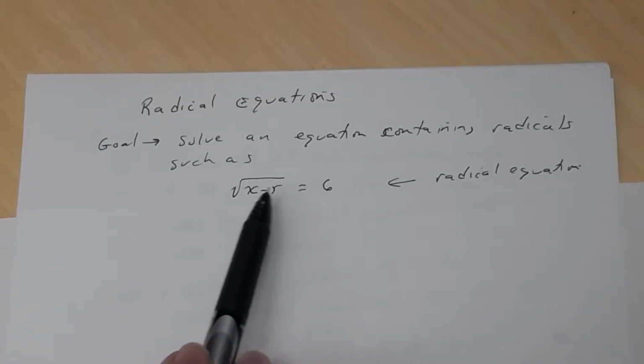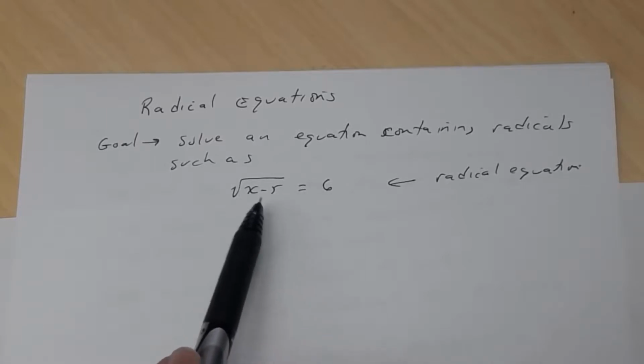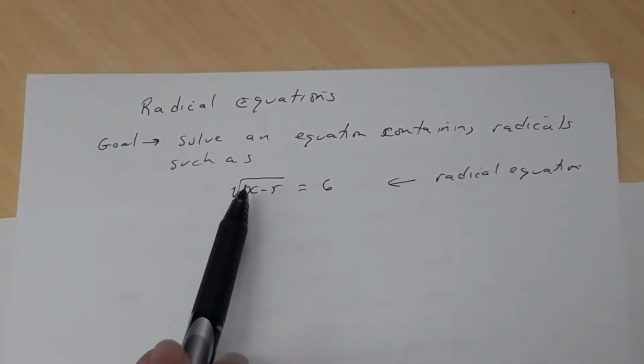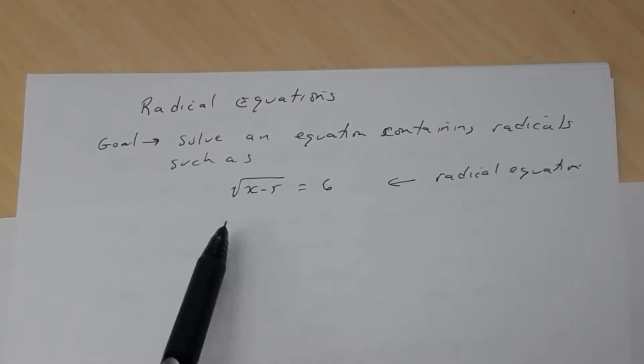Okay, but keep in mind this is called a radical equation. It's an equation because there's an equal sign. It's a radical equation because it contains a radical, namely in this case the square root. And what we're going to try and do is solve this radical equation. All right, now